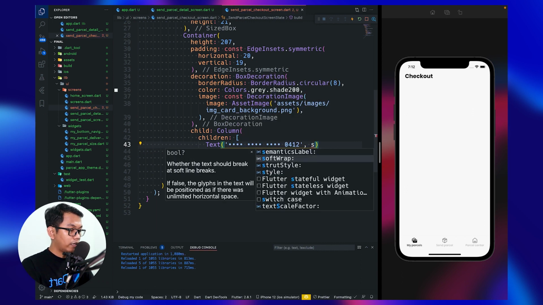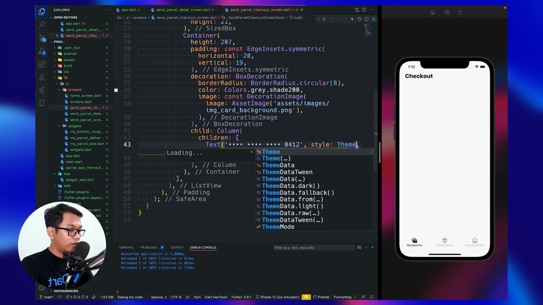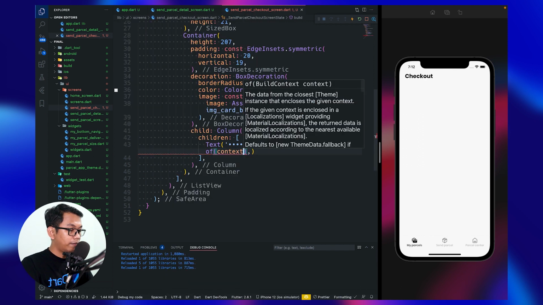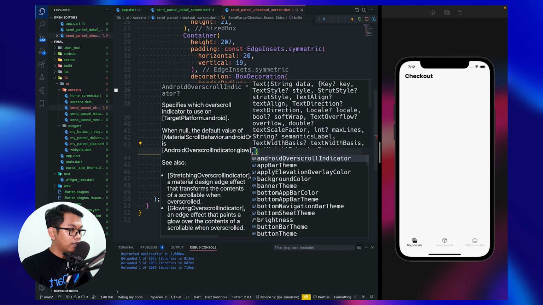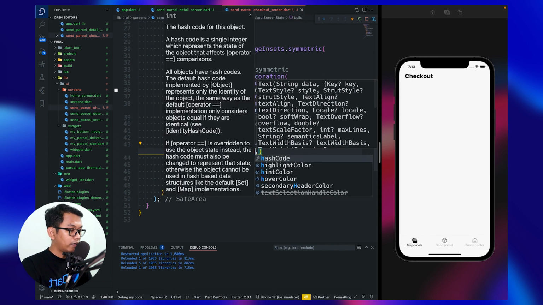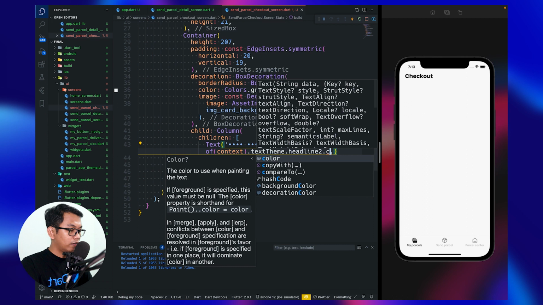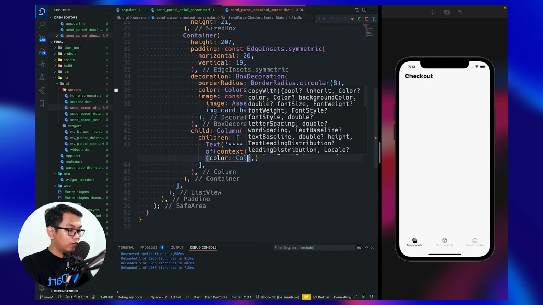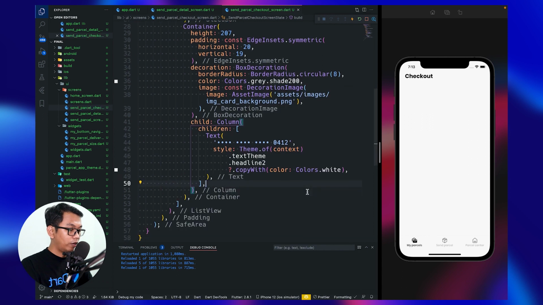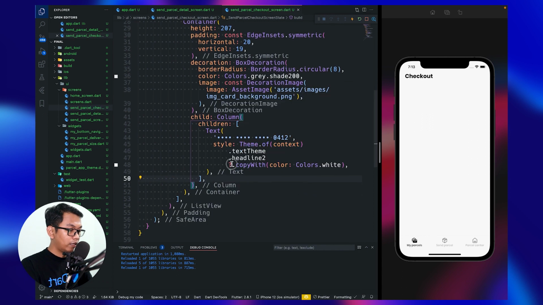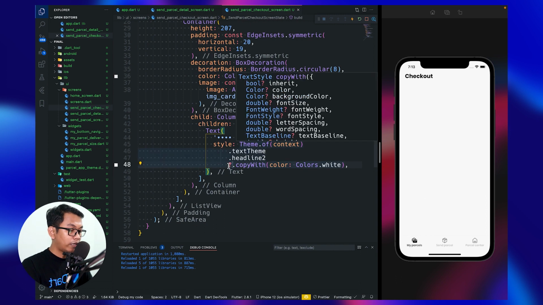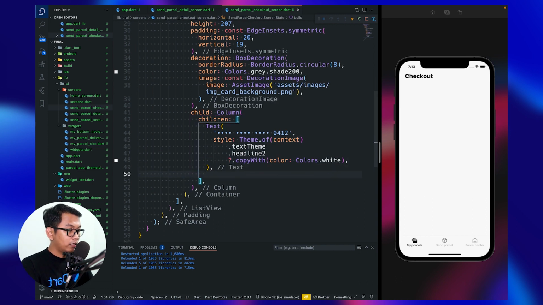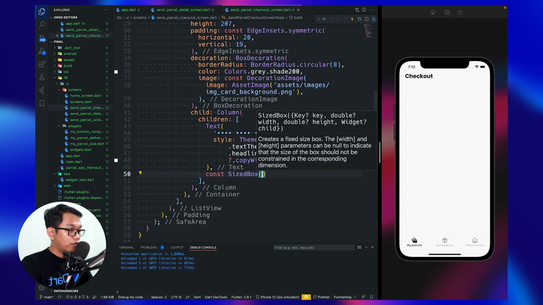And for the style, we use from our theme, which is headline 2, but we use copyWith to replace the color to be white. So we use this method copyWith using this asterisk because this is useful for null safety. And the next is a SizedBox using height 60.